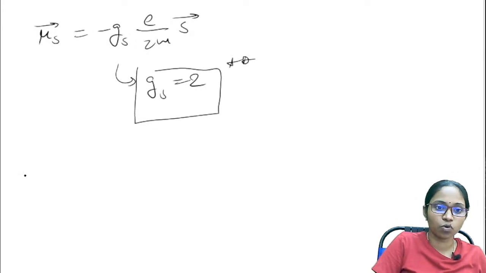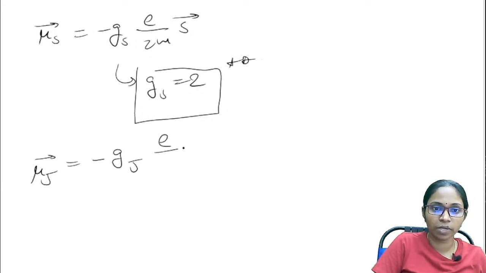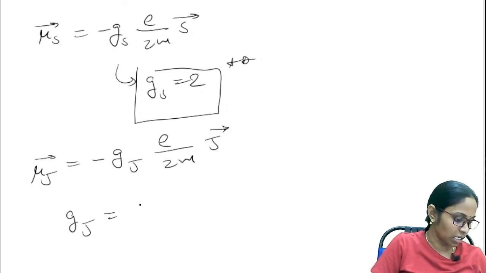Just remember these points. And coming to mu J, it will be equal to minus G J into E by 2m into J. And G J is equal to